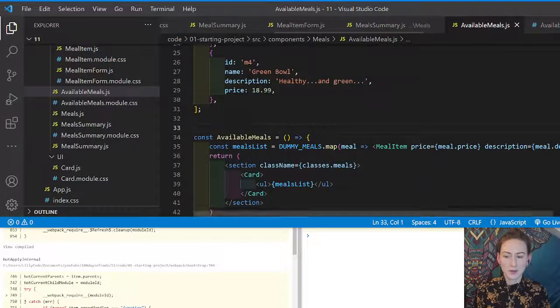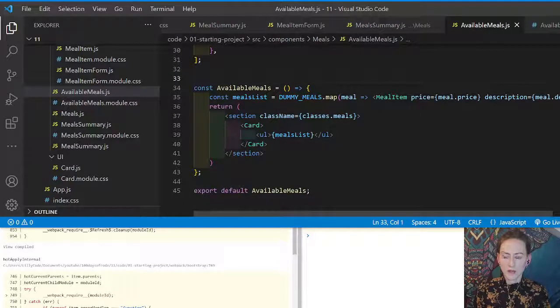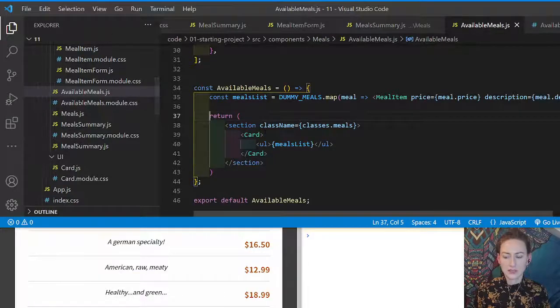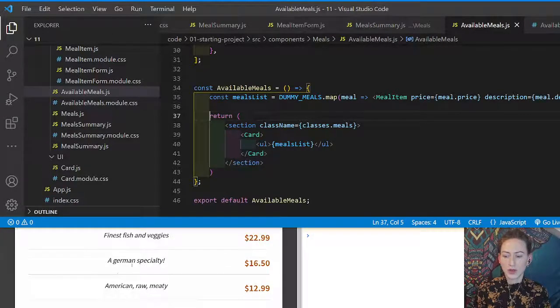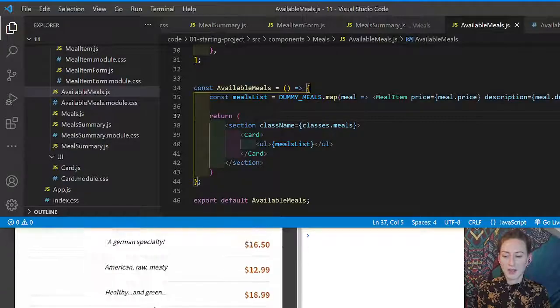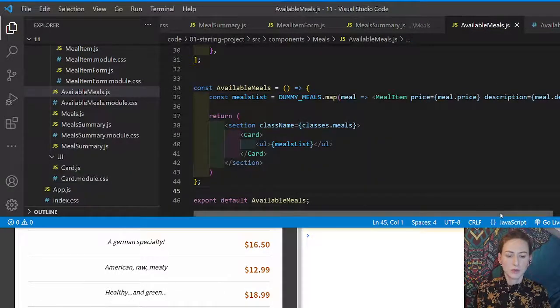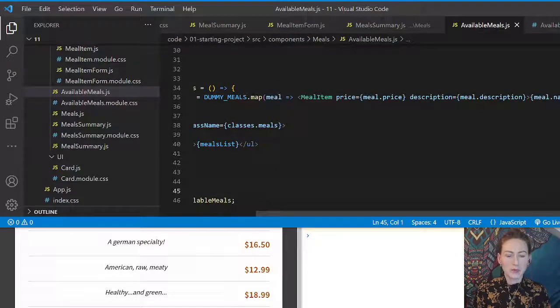So we're in available meals. We do not have a fragment here. I'll just do a space here so we can see that this is our constant, this is our return block. So there we go, look lovely. We have our various meals with a description, so this should actually be meal.name as well. So let's just check. Here we can see we have our description and our price, but our meal name would also be useful. We were passing that in within here, but what we want to do instead is